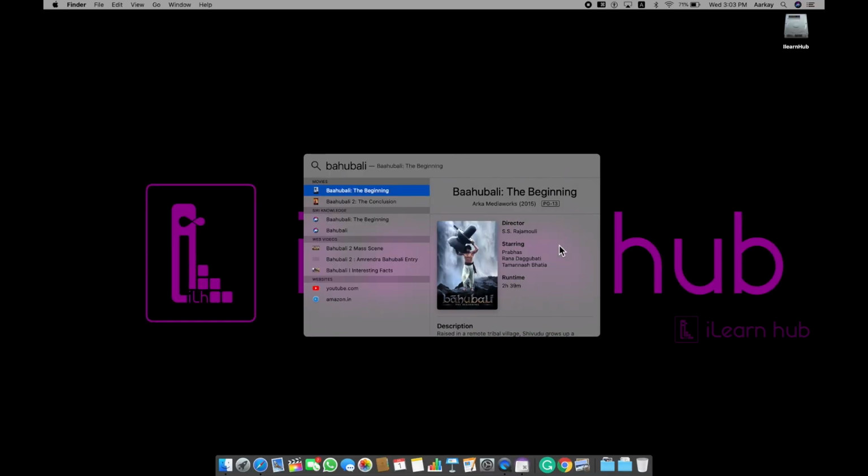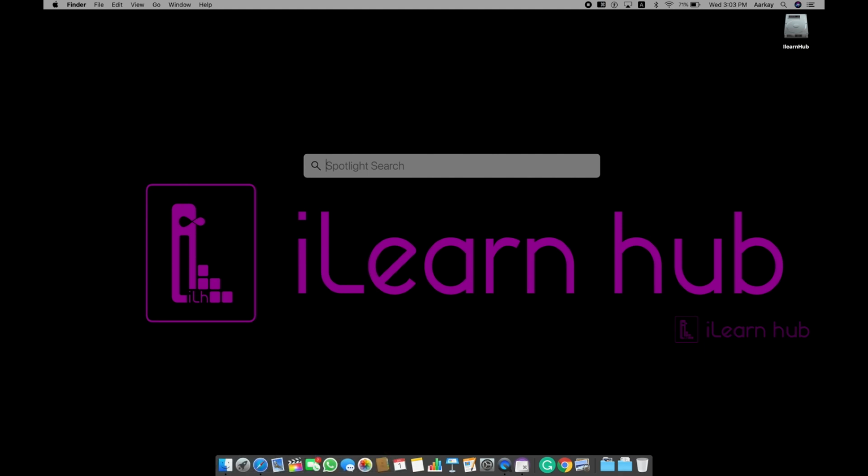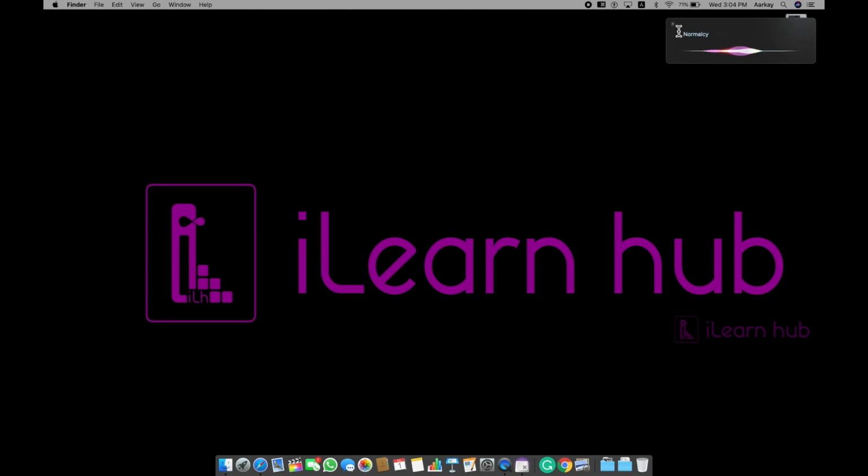So basically Spotlight is meant to check for any file or folder or anything. How did I open Spotlight? By using the keyboard shortcut Command and spacebar. Just touch and click. If you hold for a little extra time, instead of Spotlight, you will see Siri. Siri is another built-in tool, and we will come to Siri a little later. Okay, so let me close Siri here now.